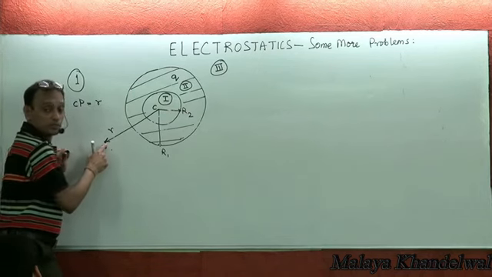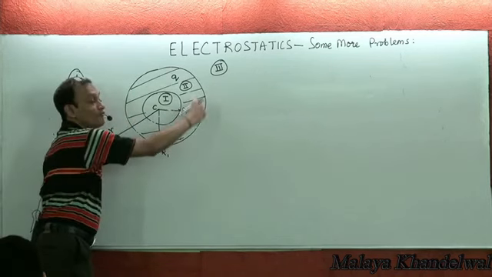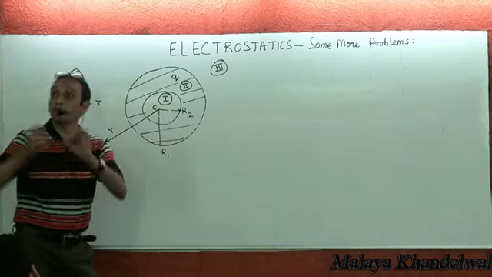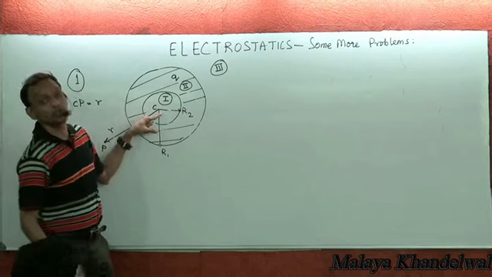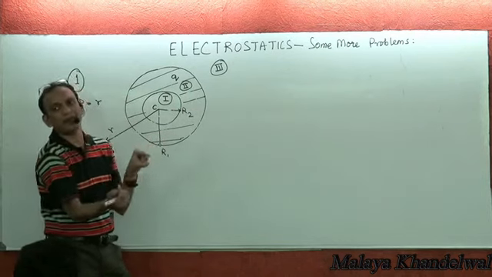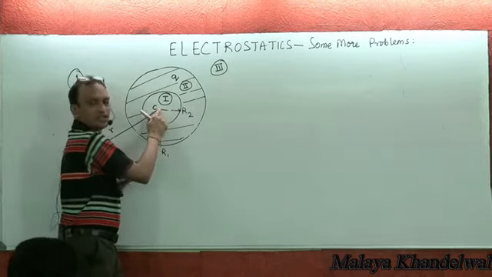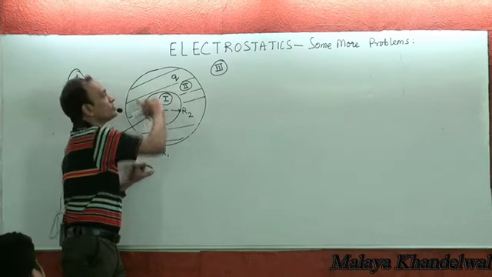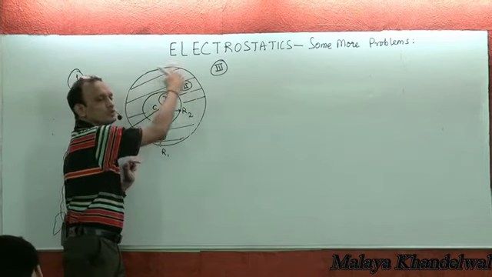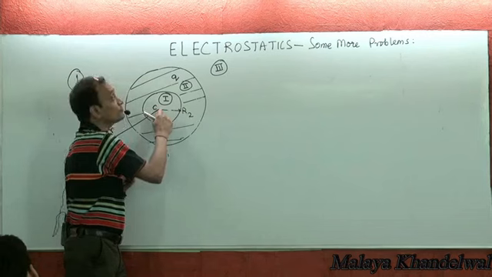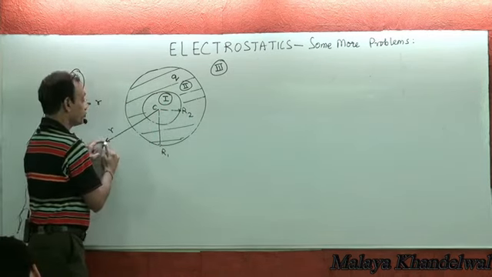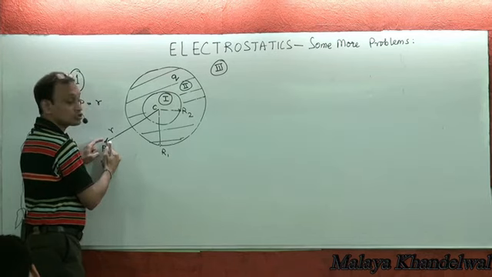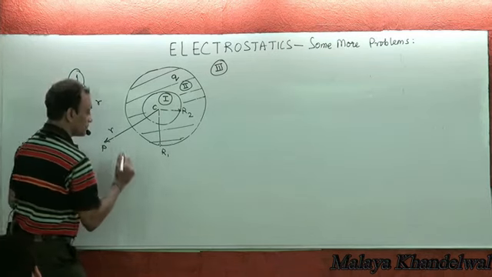Then for the sake of this point P, this uniform volume distribution could be imagined to be a charge kept at the center C, because each of these shells could be replaced by a charge at the center C of the shell. So this entire charge could be imagined to be concentrated at the center C of this solid charge region, and therefore the field at this point, which belongs to region 3, is going to be given by